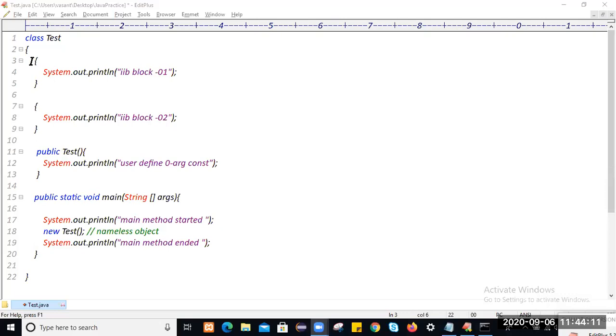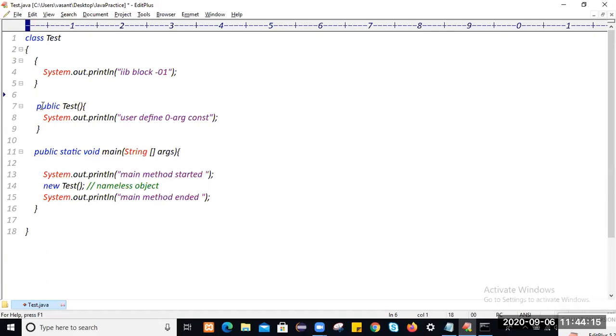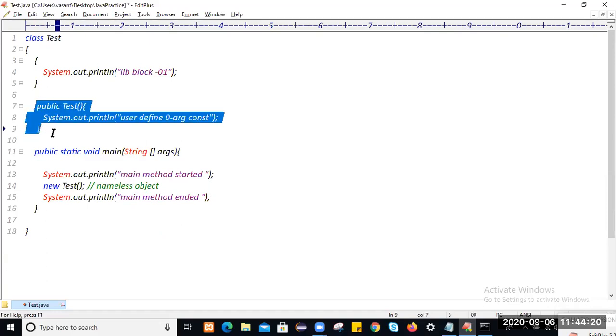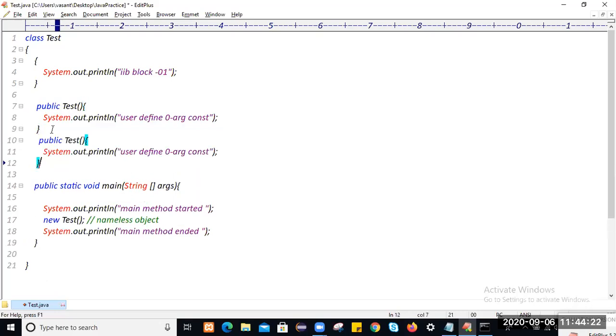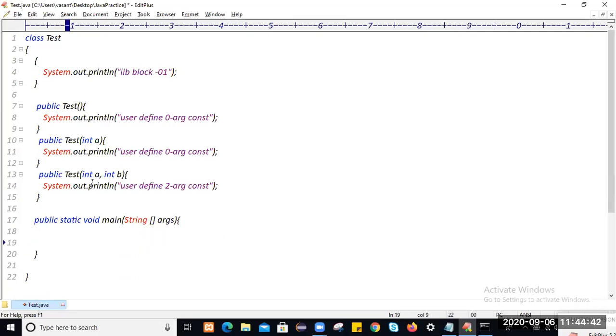So this is like we'll keep only one instance block. By using this keyword we can call same class constructor. If you have multiple constructors within the class, like this is a 1 argument constructor, as well as this is a 2 argument constructor. So the instance block execution depends on how many objects you created within the class.